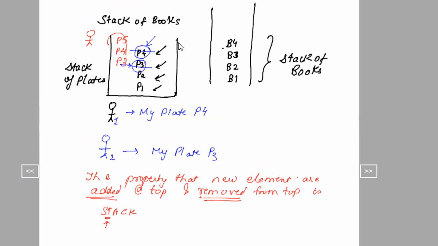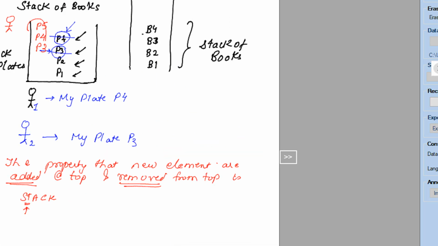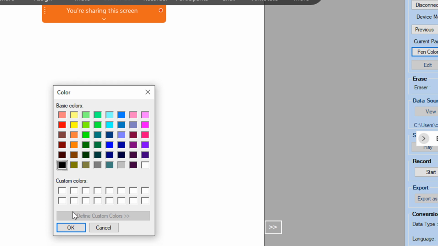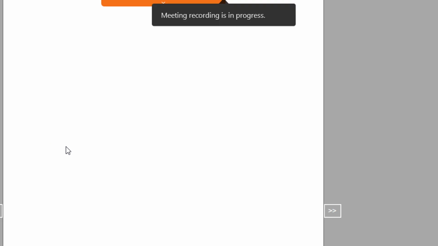So right now we will be just seeing stack, right? So let me just take a new slide, have a pen color. Now there is always a limitation, right? In your marriages, let's say 1000 people are invited. So you don't keep a stack of 1000 plates one above the other, right? Who will take that 1000 plate? So you always keep some kind of specific limit.